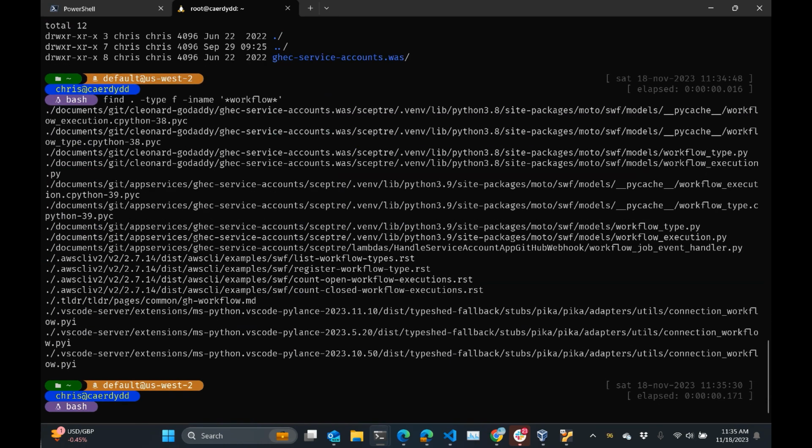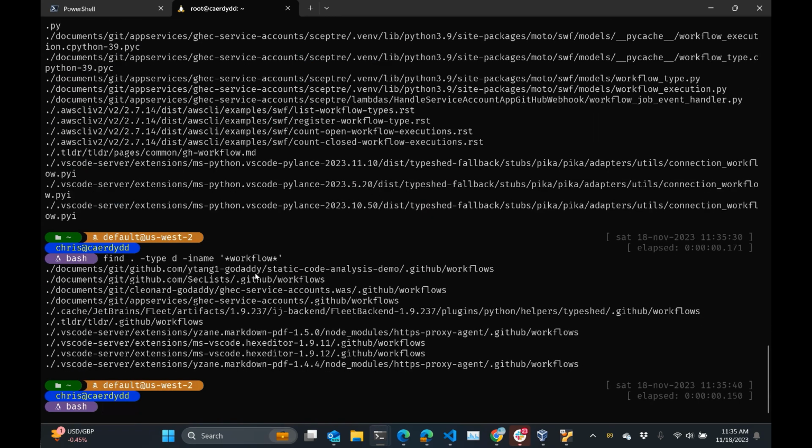And it's like, oh, look, I do. And actually, I'm looking for a folder. Remember, I just said that. So I wanted to see directories, right? And so I can see all of these, right? Workflows. So now I know the name is workflows. And now I see also that it's inside a directory called .github. Oh, this just got easier. So now I can say it's workflows, and it's,